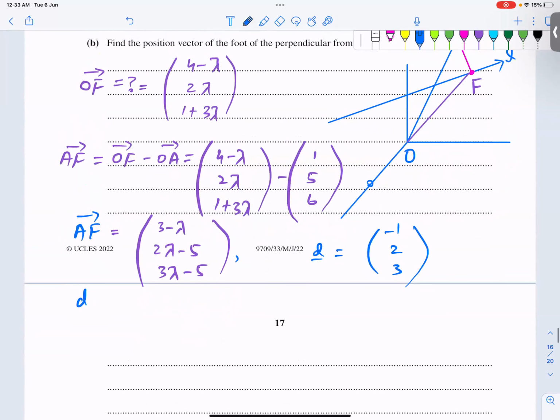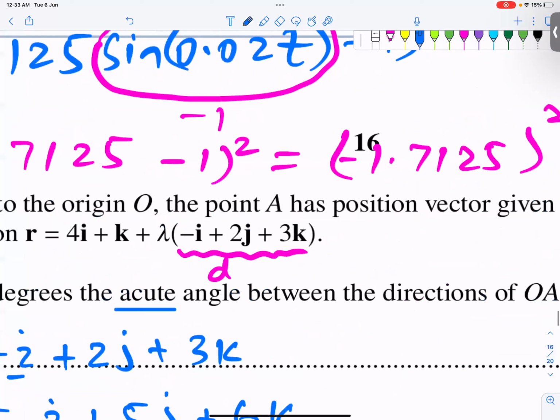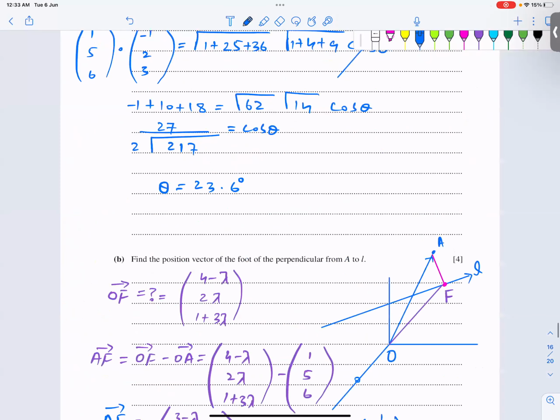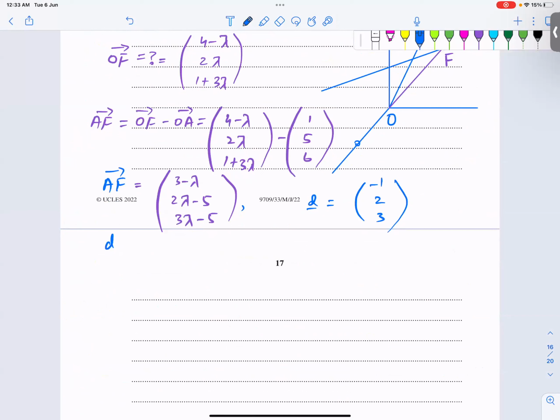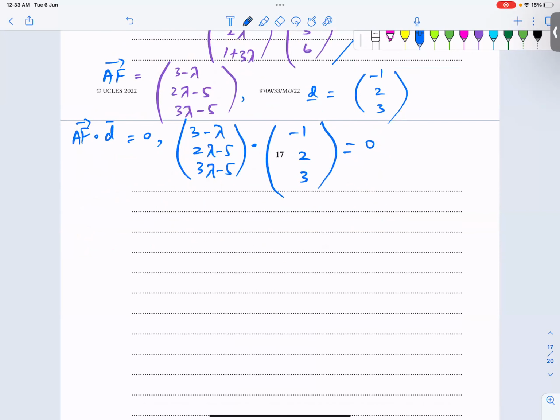From where did I get this D? The D is actually the directional vector, -1, 2, 3. Okay, this was the D. So it means if they are perpendicular, then AF dot D will be 0. So it means (3 minus lambda, 2 lambda minus 5, 3 lambda minus 5) dot product with (-1, 2, 3) will be 0. Okay, so the dot product will become